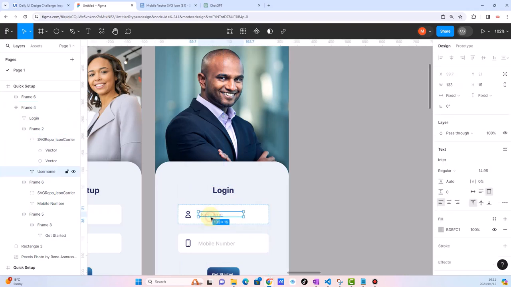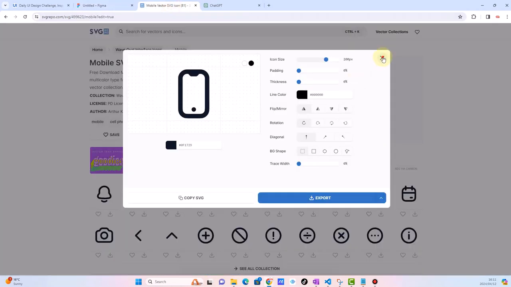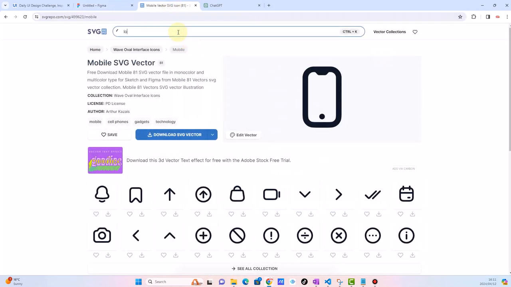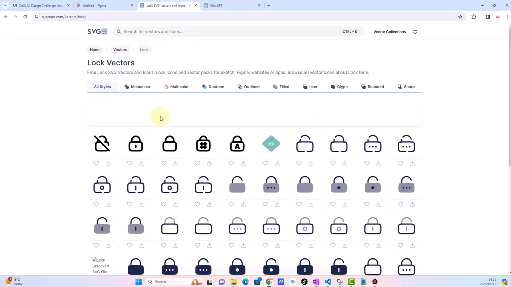Username. I think username, it's to username. And then here we can just go here and look for a lock for a password. We are finalizing, guys. Okay, we are finalizing. We want to make sure that